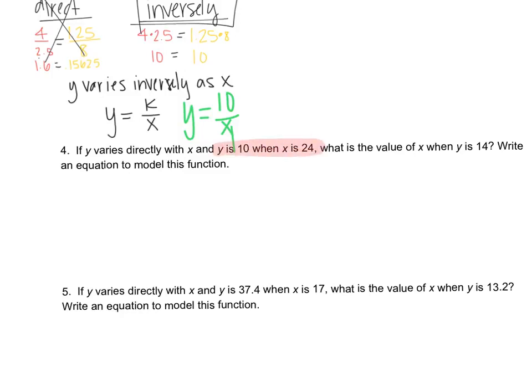10 and 24, and what did you say? Oh, it's a proportion. It's going to end up being a proportion, because if it varies directly, I need to do y divided by x, so that's 10 divided by 24